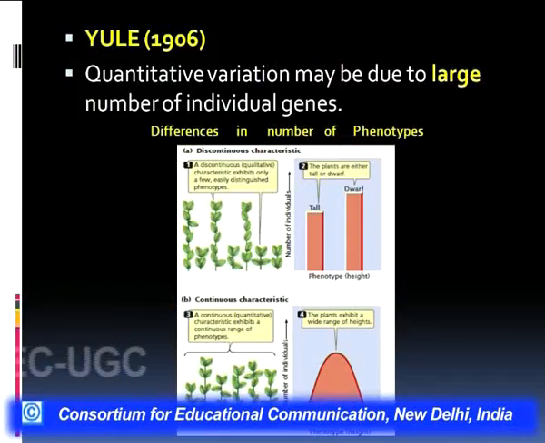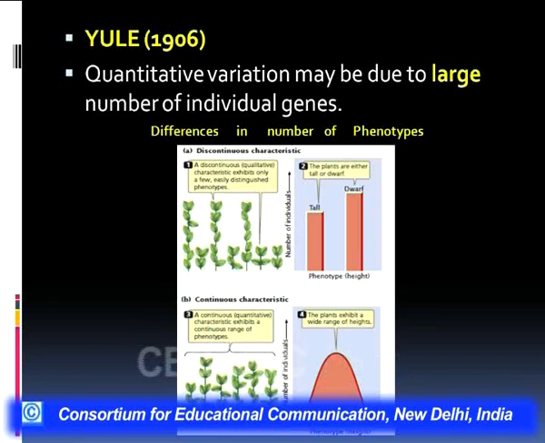It was another scientist by the name Yule who really took up this work of Galton and later of Johansson, and he said for the first time, depending upon his work, that more than one gene was definitely responsible and the variation was quantitative, because somehow he found that a discontinuous characteristic will show only definite phenotypes